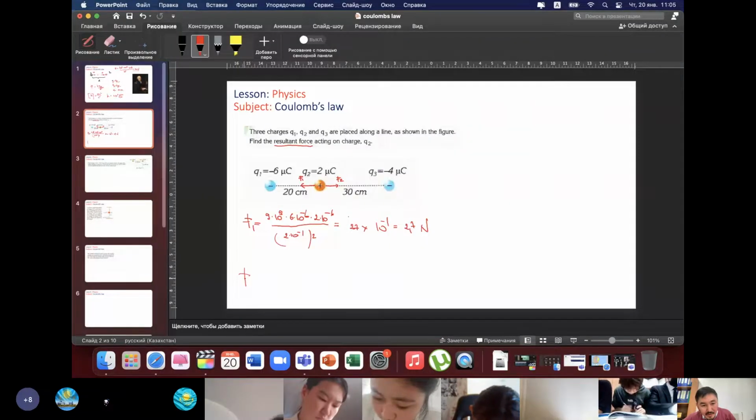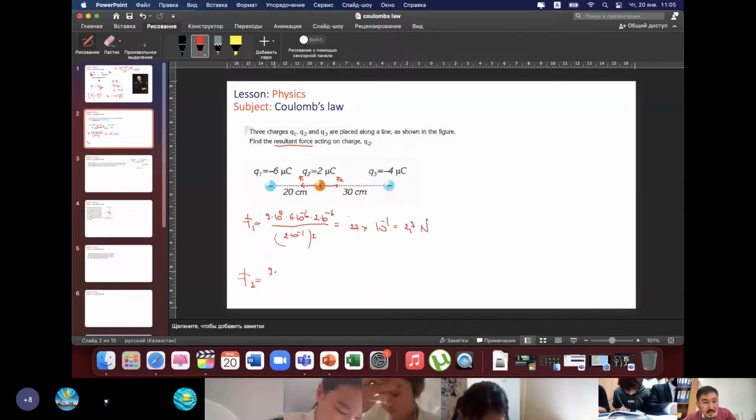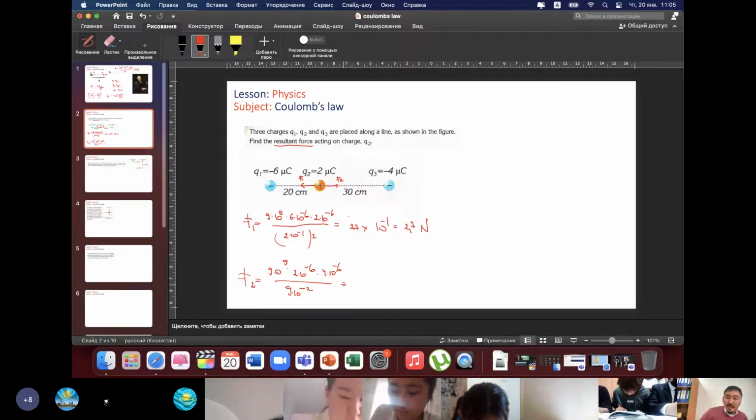F2, I have 9 times 10 to the power of 9 times 2 times 10 to the power of minus 6 and 4 times 10 to the power of minus 6 over 9 times 10 to the power of minus 2. So,